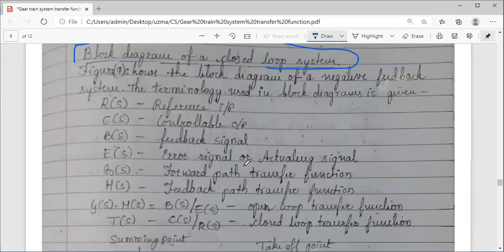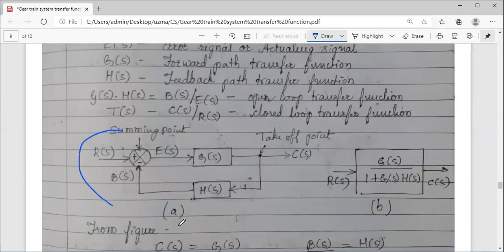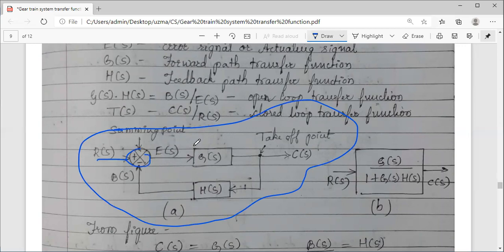So for the closed loop system, okay, this is your closed loop system which you have already seen. There is an input, there is the open loop gain G, that is forward gain. You have a controllable output. There is a feedback here. This is your feedback path gain H of S. This is given here, and if you take the difference of these, you will get the error signal or actuating signal, which in turn is given to the system, which will give you the controlled output. This is your concept of feedback, closed loop system. So closed loop system को हम block diagram में represent कर सकते हैं.